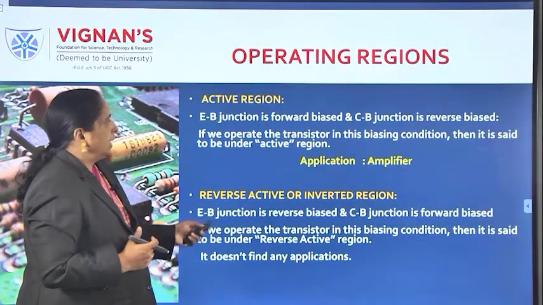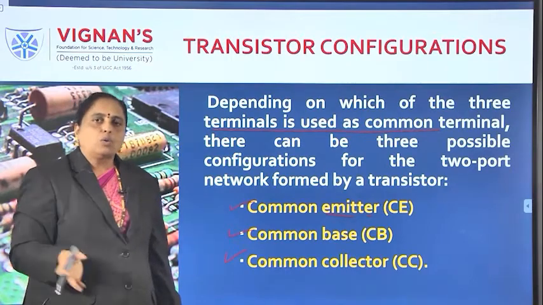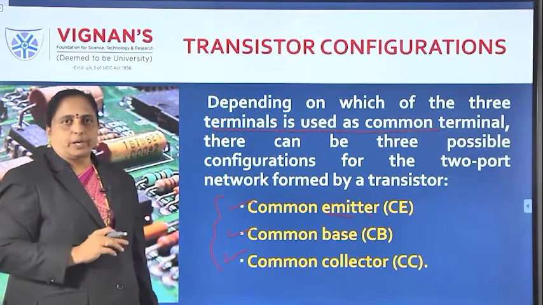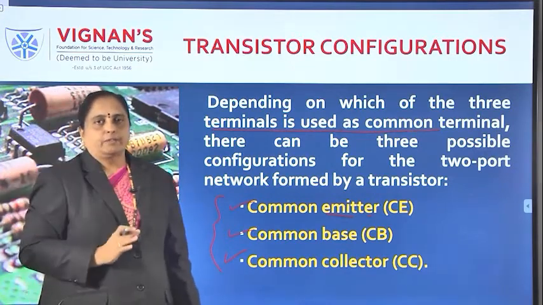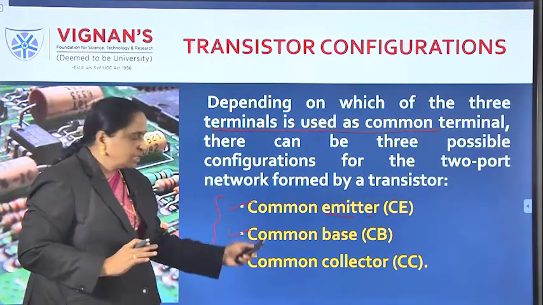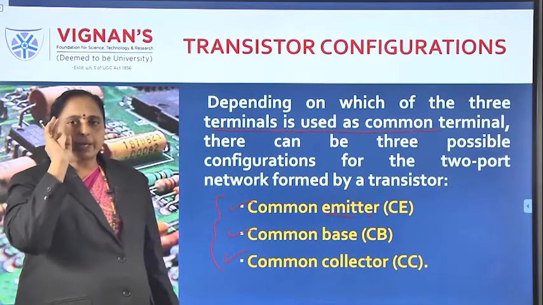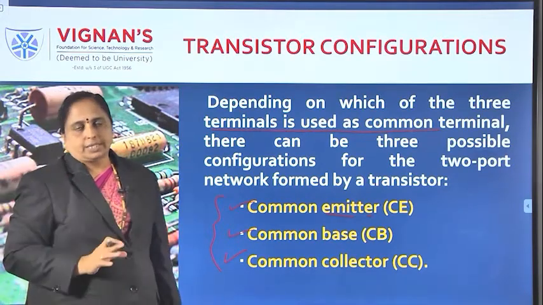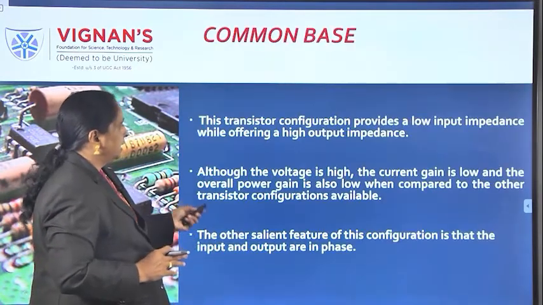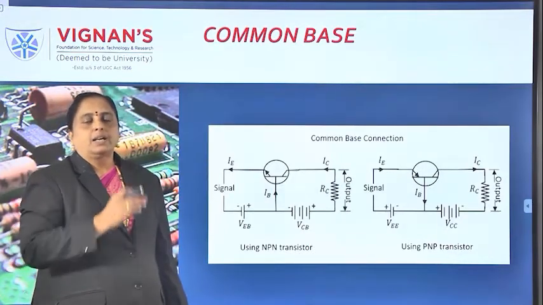Okay. Now, let us see here, in each configuration we will study how, and the default operating region for all of these is the active region, because our purpose is to amplify. One of the major applications of BJT is as an amplifier. So in all these configurations, we will take the active region. That is, our expectation is to amplify the weak signal, to raise the strength of the weak signal. Okay. Now let us see for a common base. Let us observe how the transistor is connected in the active region.